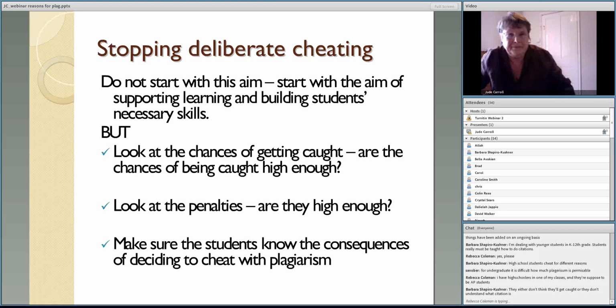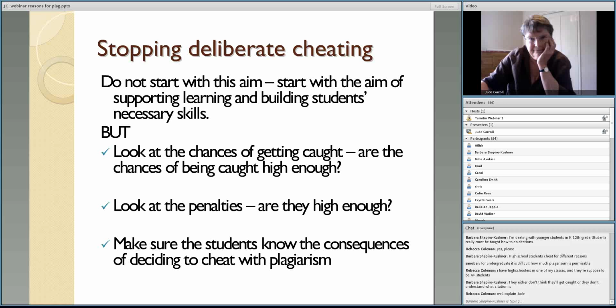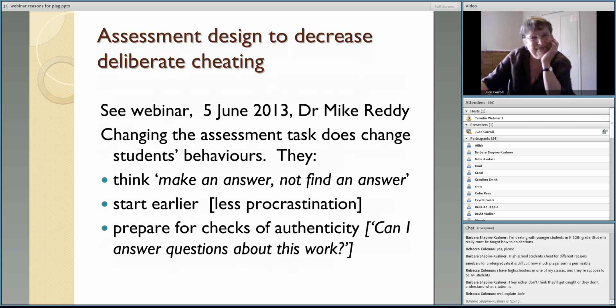Right. Thanks for that. Let's go back, shall we? Okay. I'm moving from stopping deliberate cheating, hopefully. I've lost my little buttons and they don't seem to work, Jill. Could you give me my buttons back? Nothing that I click makes it move. I don't know where they've gone. I haven't done anything here. Can you move it on then, please? I'll try to move you on. Thank you. Good. Okay. Well done.